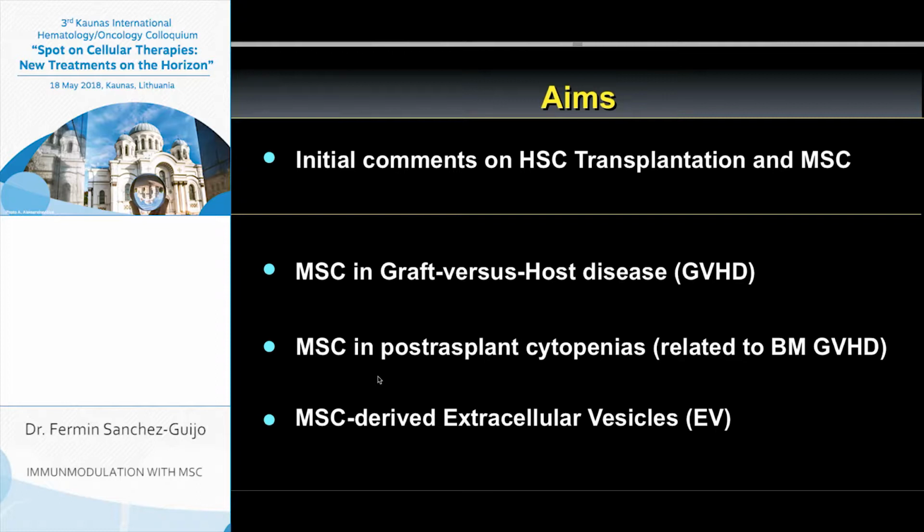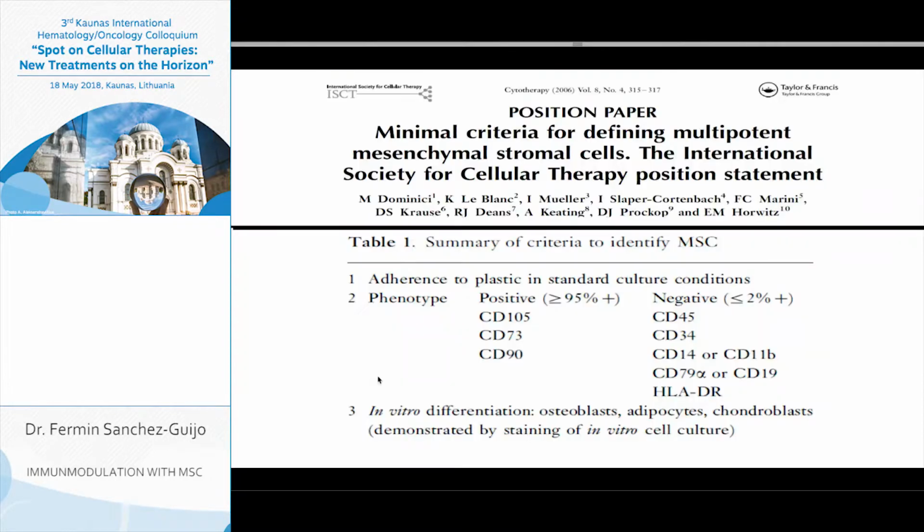As most of you know, mesenchymal stromal cells were defined by the ISCT as cells that can adhere to plastic. They have positive markers that are shown in the slide, and they are obviously negative for all the hematopoietic markers and for class 2 HLA. And they can, in vitro, differentiate into at least 3 lineages: adipocytes, osteoblasts, and chondrocytes. This slide summarizes this ability to adhere to plastic, a phenotypic profile, and together with a multilineage